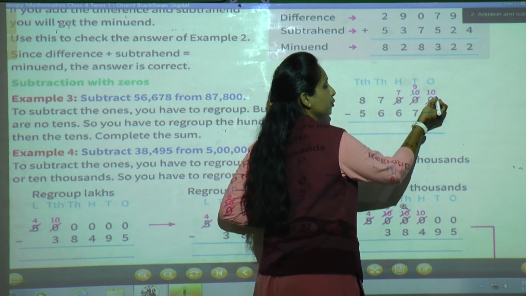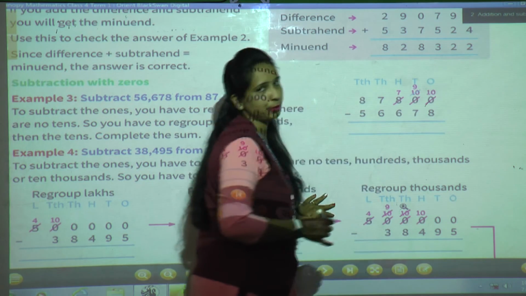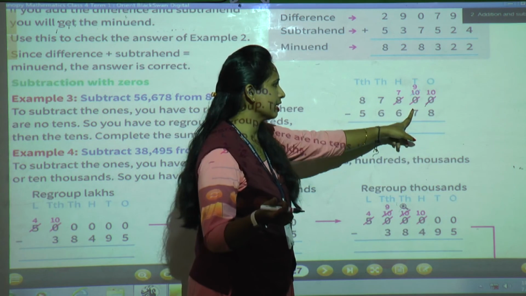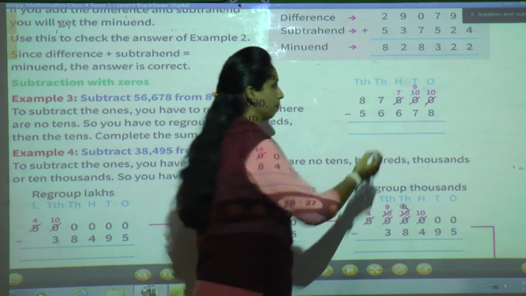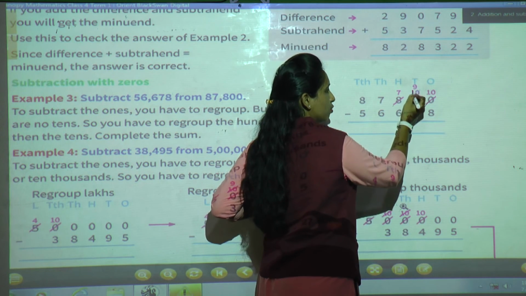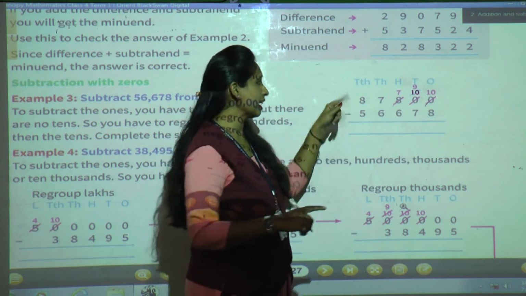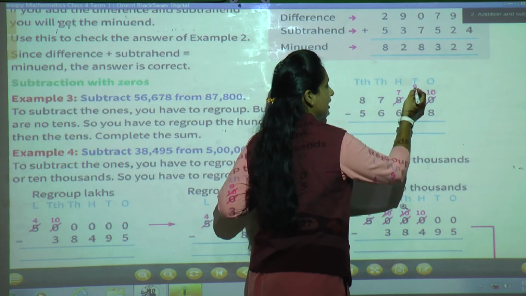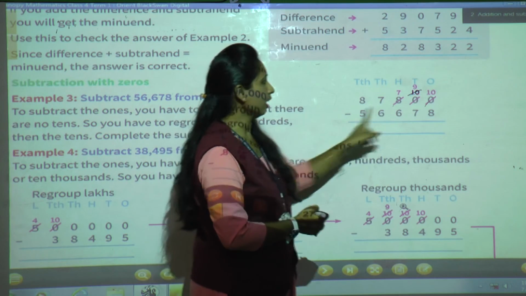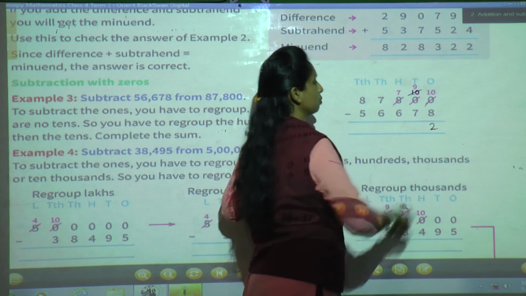So what we have to do? Cut the 0, write it as it is. Ask your neighbor to give one borrow. Is the neighbor having anything? No, the neighbor also has 0. So go to the next neighbor. This neighbor is having 7. He will give 1, so here we get 10. Now this neighbor is having 10, and he can give 1. So cut the 9, 9 as it is, and here is 10. So 10 minus 8, now we can do, that is 2.